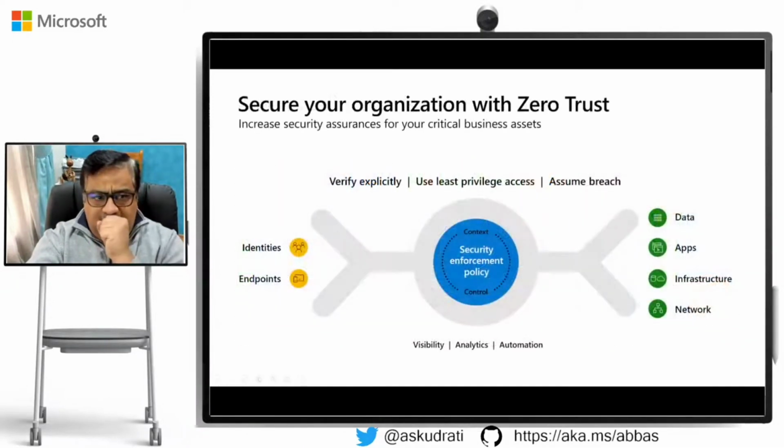Now, next one. If I can put it on a page in terms of architecture design, as you can see in the center, we have something called security enforcement policy. This is nothing but a zero trust policy engine. Many products and vendors have that kind of a mechanism. Either you buy it as a box, which comes with a predefined policy, or you use something like Azure AD,